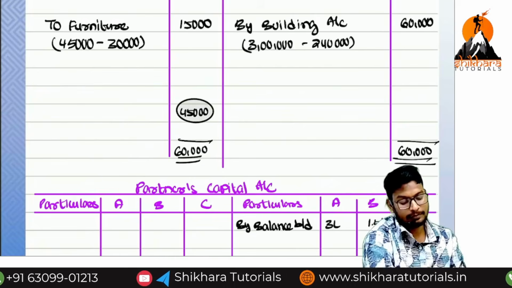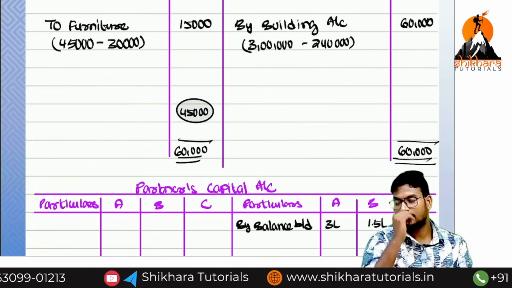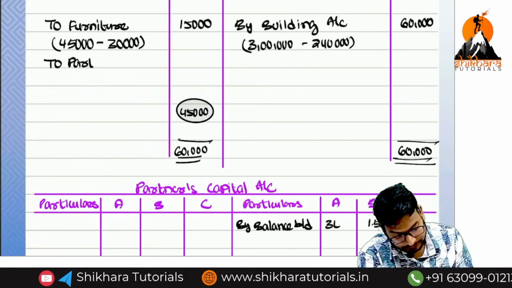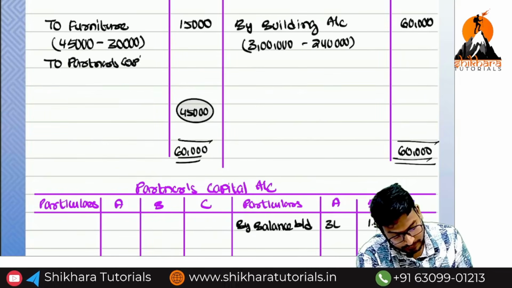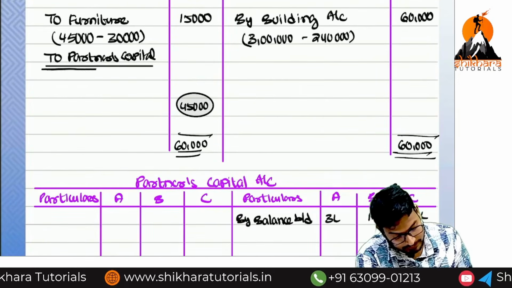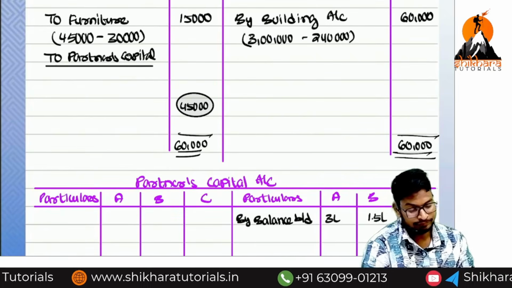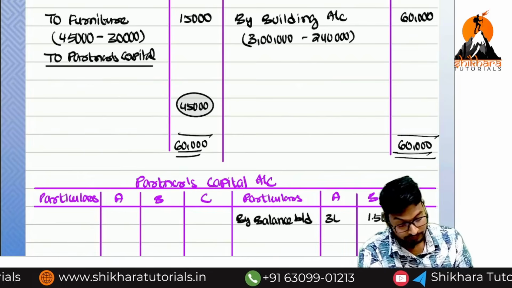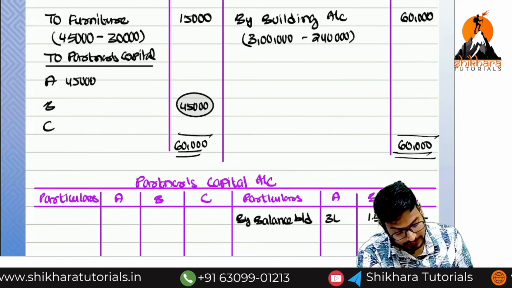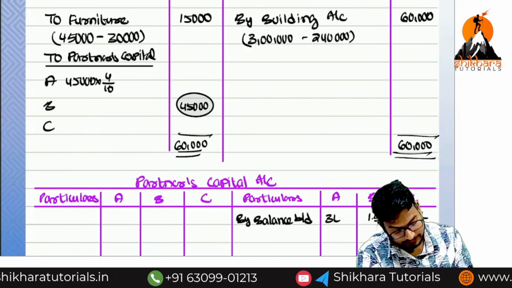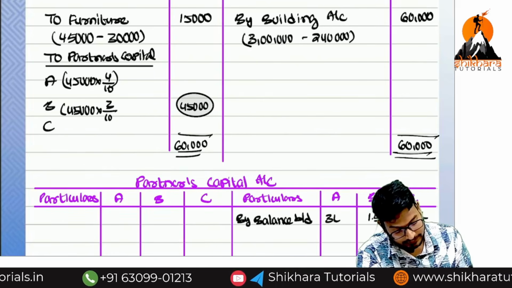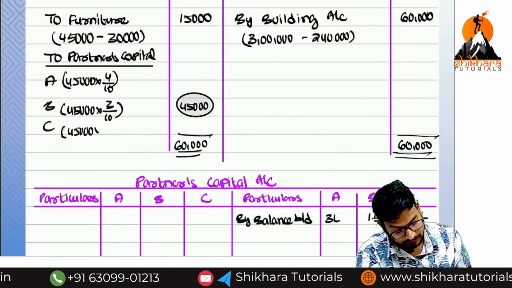45,000 we need to distribute to all partners, sir. Only old partners? Only new partners? All partners. Partners' capital account. Who are the partners? A, B, C. 45,000 into, what is the ratio? 4 by 10. 45,000 into 3 by 10. 45,000 into